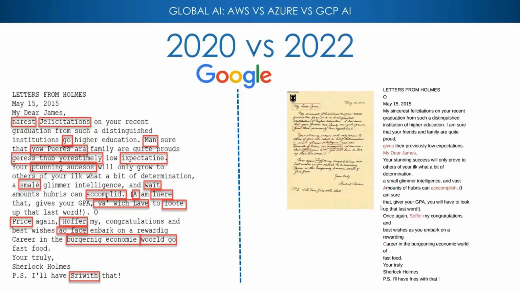So it's gotten a huge improvement and an upgrade, I would say, in 2 years. However, look at this. Structurally, they make a big error. My dear James should have been right here, right below May 15th, like it was. And looks like on the structure, there's something they're doing wrong. And I think this is a big one because if you are going to take this data, the structure is